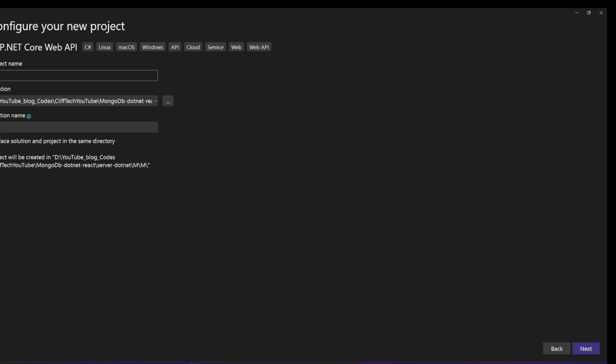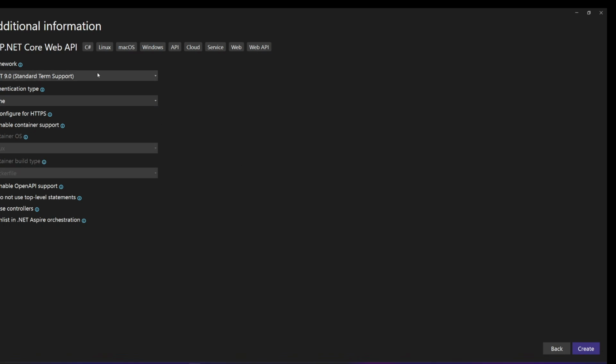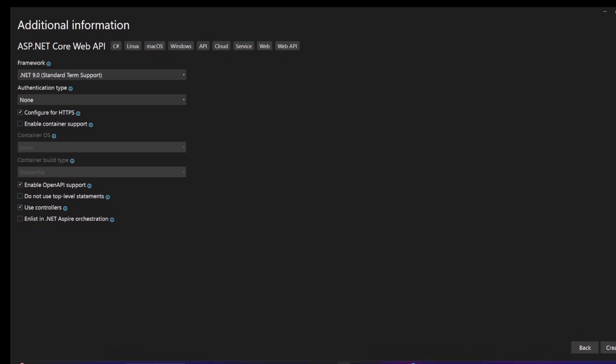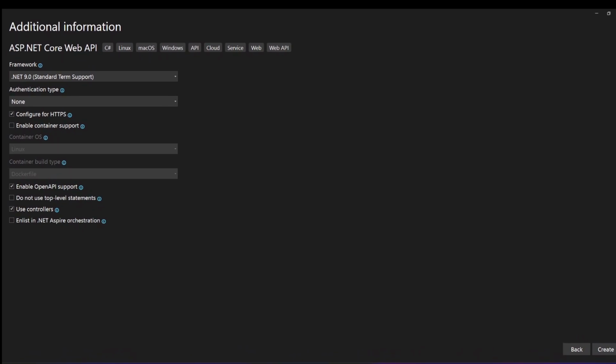So let's say MongoDB product, so product, let's make it Product API. So MongoDB Product API, and then let's go ahead, and we are using .NET 9. We have to make sure that controllers is also checked, because we want to do controller-based right here. That is one thing. So we go ahead and say that we want to create this